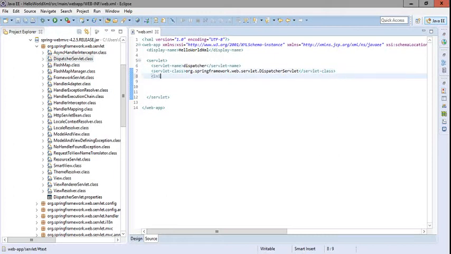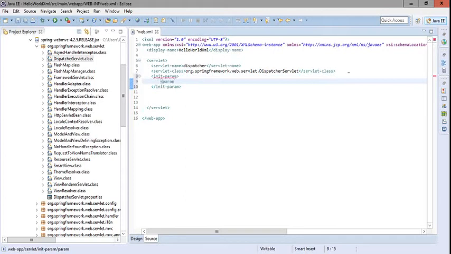Then we have to provide some init parameters, since we will need one more configuration file in which we will configure our Spring container. Spring container in the sense that we will configure our view resolvers and our controllers there.